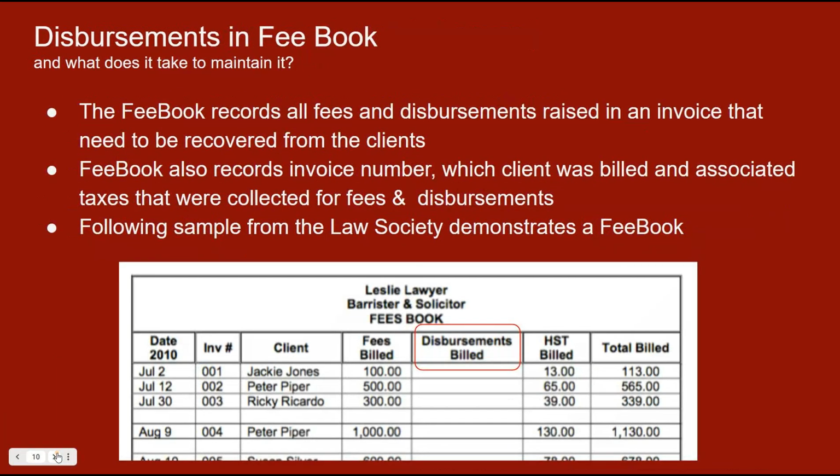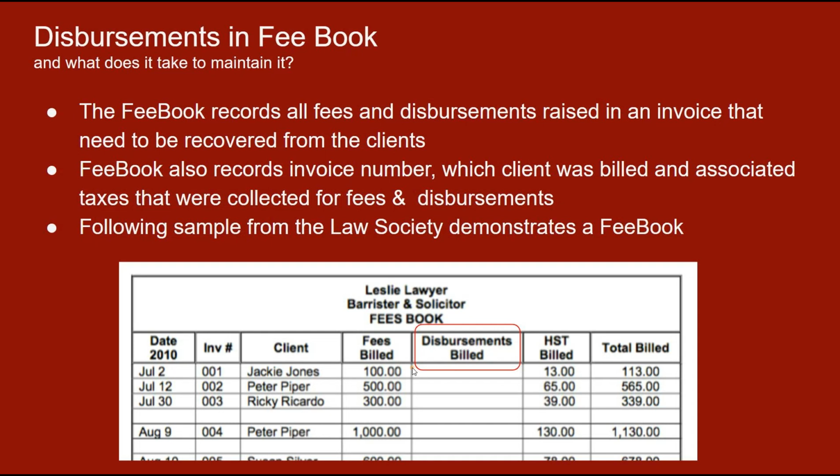So now you have 4 documents. And the fee book, there's a certain format that's expected out of the fee book. So you have the date of the invoice. When did you generate the invoice? The invoice number, the client for whom this invoice was generated, separating out the fees and the disbursements that were part of that invoice.